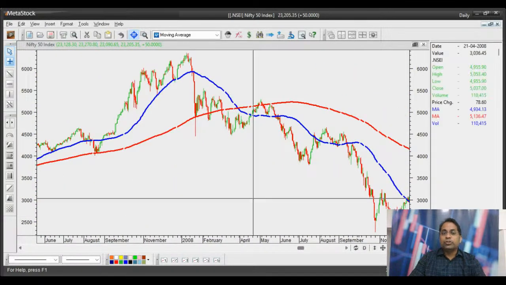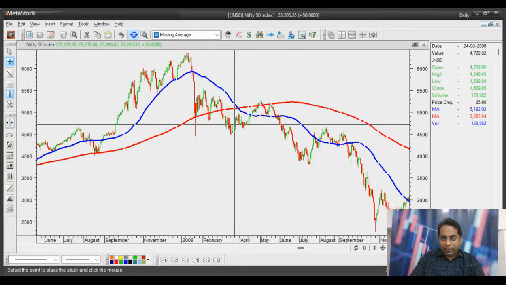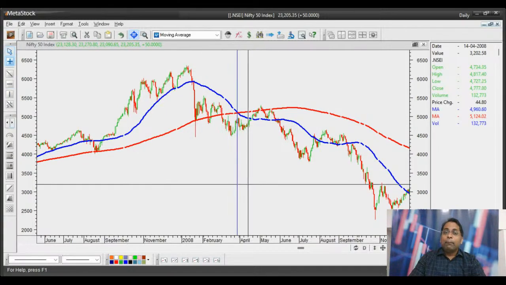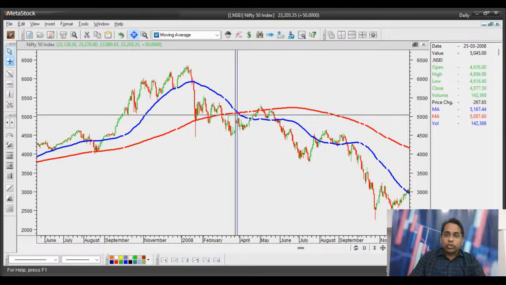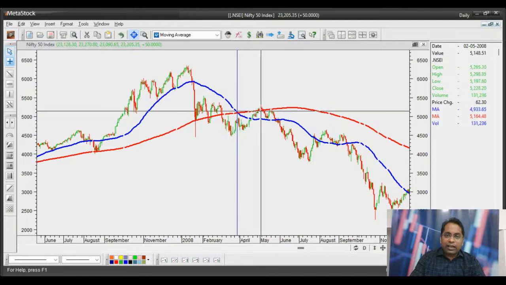Okay, this is 2008. Now this was a time when the death crossover happened, as you can see. But after every death crossover, if you've seen, there is one tendency of Nifty. एक tendency क्या है? वो एक बार आता है और एक रेड लाइन जो है ना, ये आपका 200 DMA है, उसको रीटेस्ट करने का ट्राई जरूर करता है.